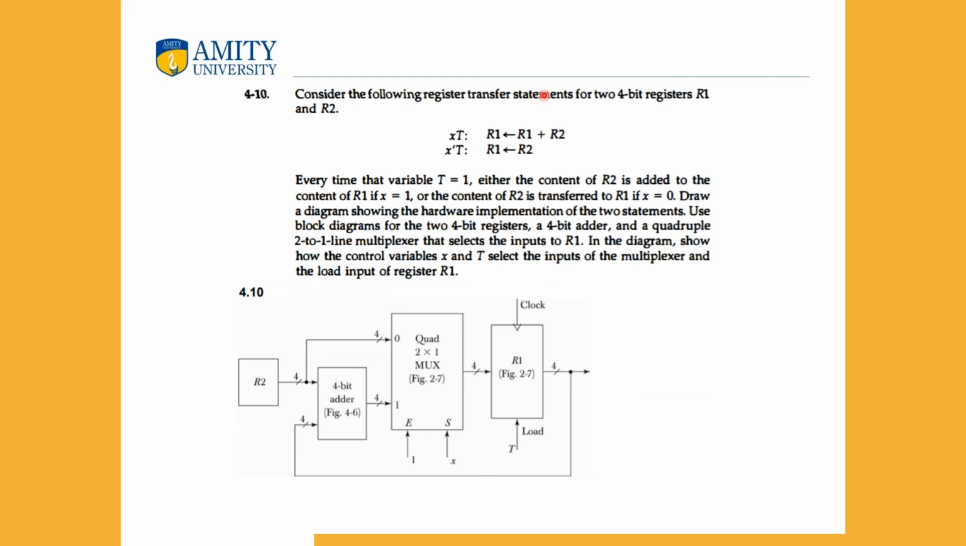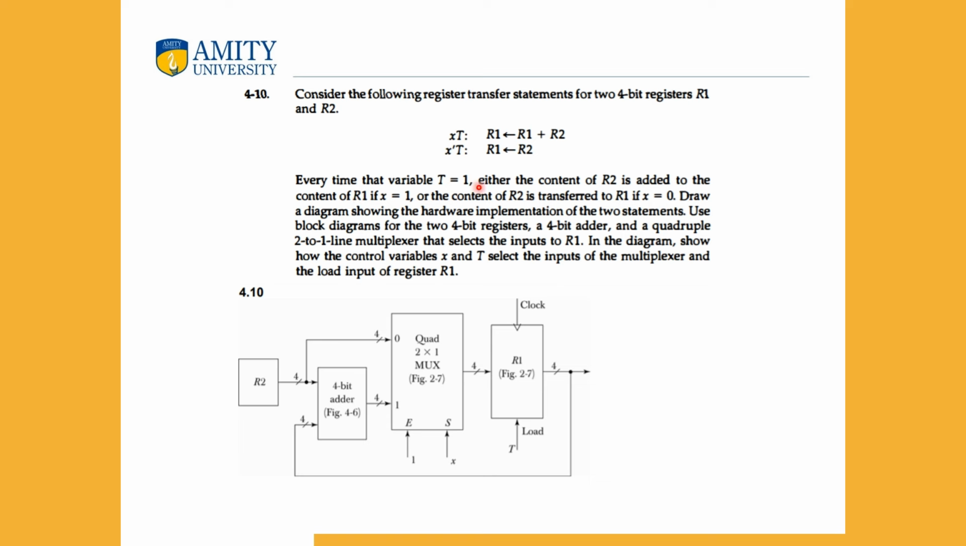Consider the following register transfer statements for two 4-bit registers R1 and R2. So R1 and R2 are 4-bit registers. They have the following controls. At xt, R1 and R2 are added and updated to R1, and at x'0 and t1, R2 is transferred to R1. So for this one, every time that variable t equals 1, we have either quantity R2 added to R1, and if x is 1, then quantity R2 is transferred to R1. If x is 0,